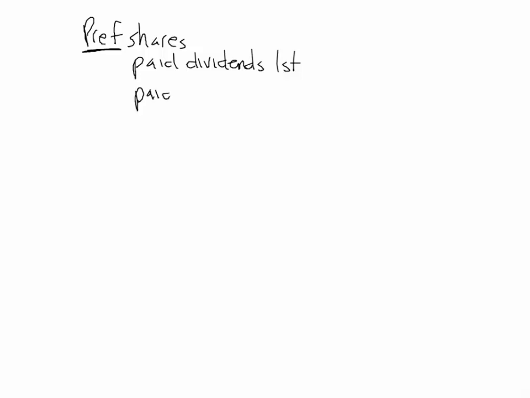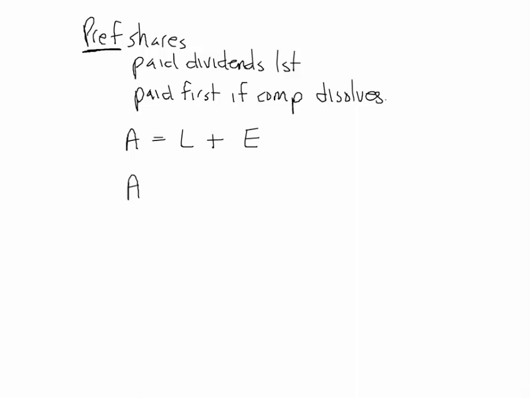They also are paid first if the company dissolves. So if the company dissolves, the preferred shareholders will get the leftover. Don't forget, preferred shareholders are still after the secured creditors and the unsecured creditors. So remember that it's assets equals liabilities plus equity. Well, we can increase the complexity of this. It's assets equals liabilities plus preferred equity plus common equity,